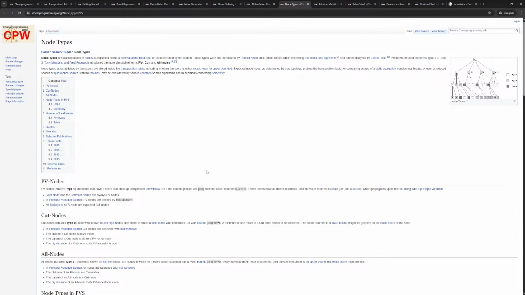And then you modify, you set the new window to be your min and your max for that node. And then all the ones to the right of it would be cut nodes, or expected to be cut nodes, where you process it assuming that the player is not going to have a better response than this. Or no, that it won't go better for you. We assume this is the best action for us. Because then we go to check these, and if it's so much better for us,